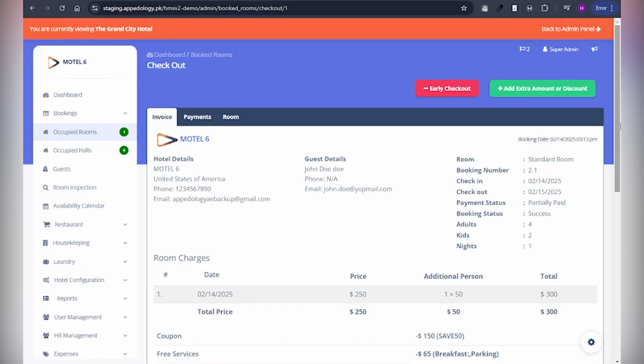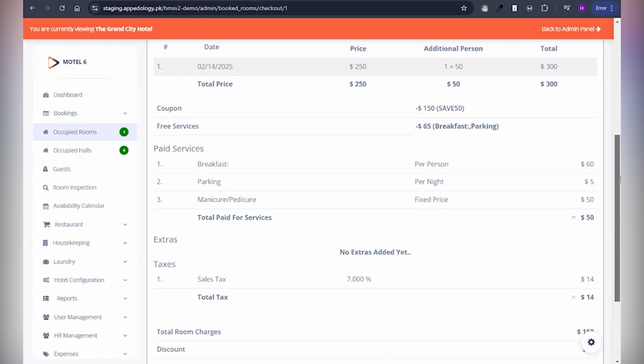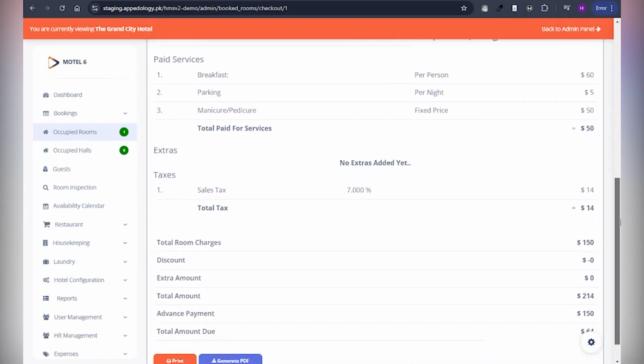We will firstly verify all the payments are cleared. Any pending amounts must be settled before processing checkout. Review and adjust the bills accordingly. Any additional charges or discounts can be applied in this stage. You can also confirm housekeeping and inspection updates, ensuring the room is cleared, cleaned, and inspected before finalizing the checkout. Once everything is confirmed, we proceed with final checkout, and the room status updates to available for the next booking